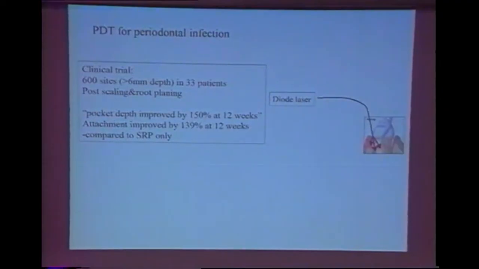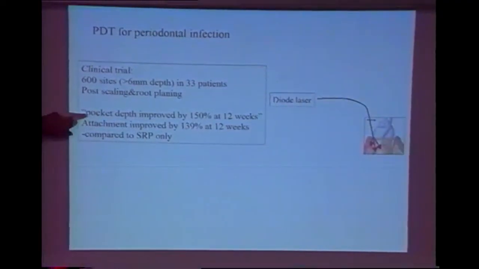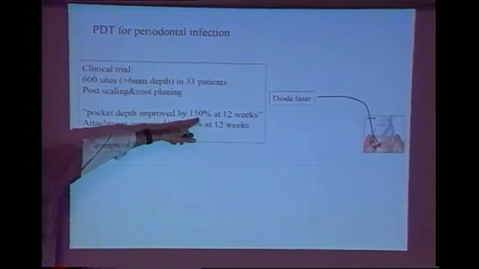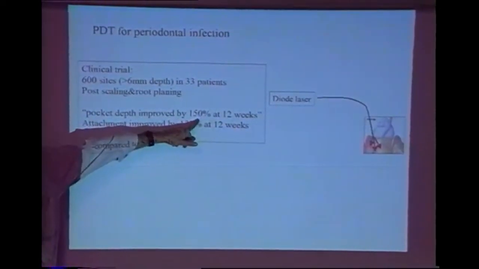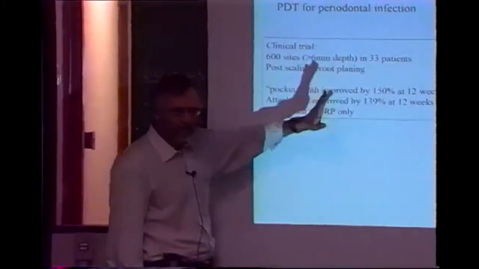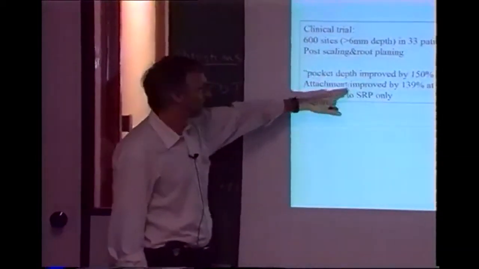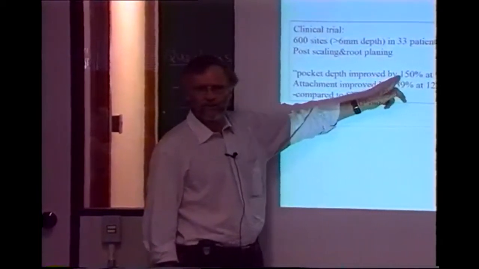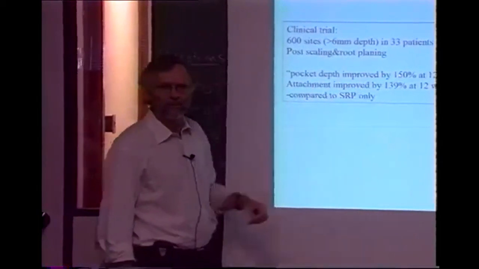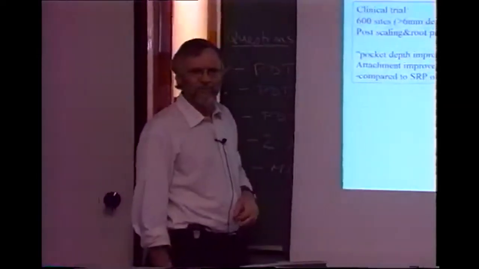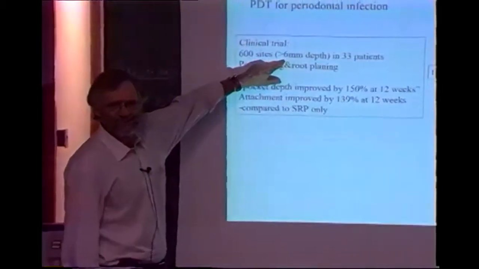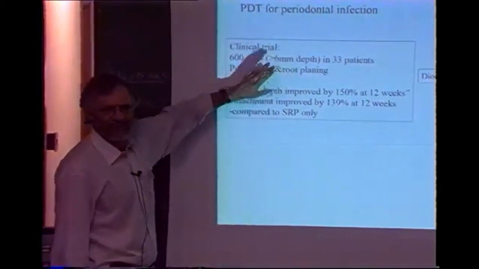So the claim is that the pocket depth improved by 150% in 12 weeks. I'm not quite sure what improved by 150% means. But do you know, is that the standard way to report periodontal treatment? Percentage? I don't know what that means. Does that mean that they went to 4 millimeters? Or, I don't know. Anyway,